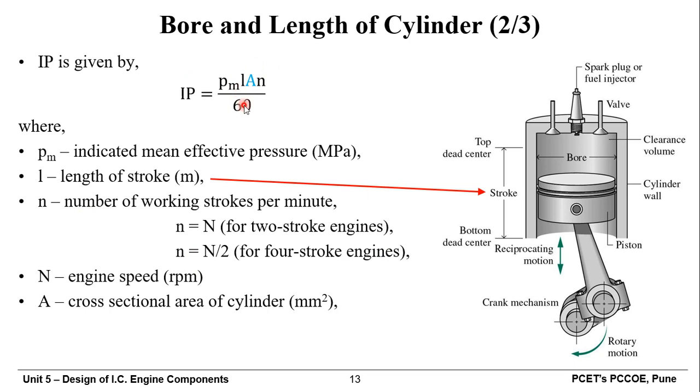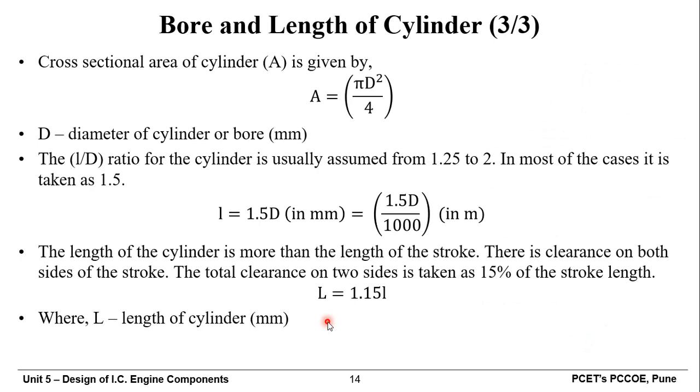See, in the previous slide and this slide, what we are doing is using the fundamental relationship between the different parameters, we are slowly moving towards the estimation of the various dimensions. So area is one of the important dimensions. So from this formula, you can calculate the cross-sectional area, and that is expressed in mm square generally. Then once you get the cross-sectional area, we know that for a cylinder, the formula for the cross-sectional area is pi d square upon 4, where d is the diameter of the bore and which is expressed in millimeters. Now once you get the diameter,